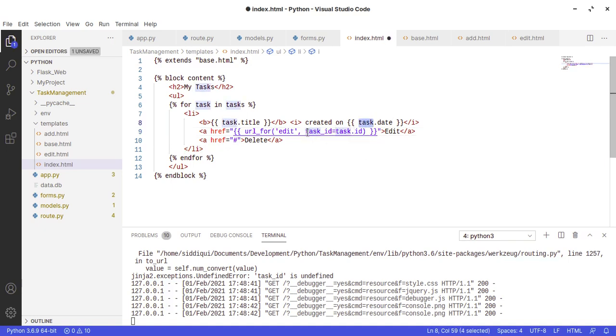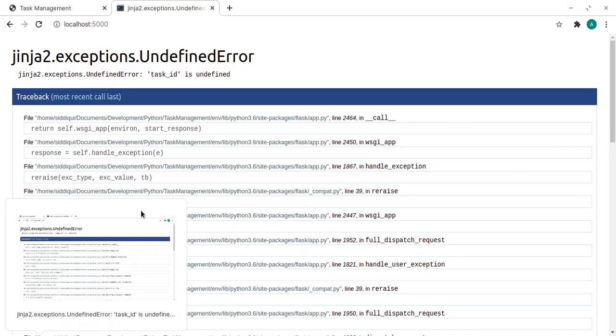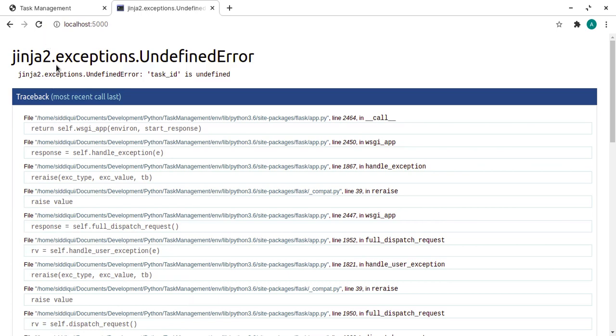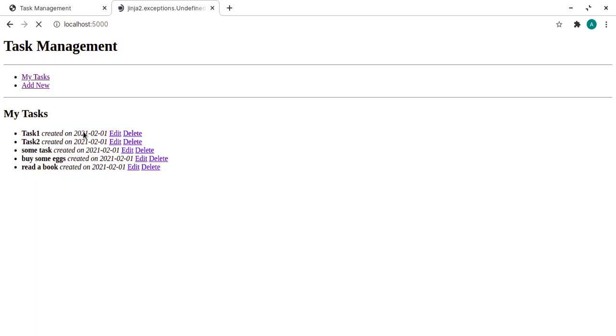So the parameter name is task_id, but we set the value of task_id to task.id, the task we have here now. Let's run again. We have it. So now we have this one.